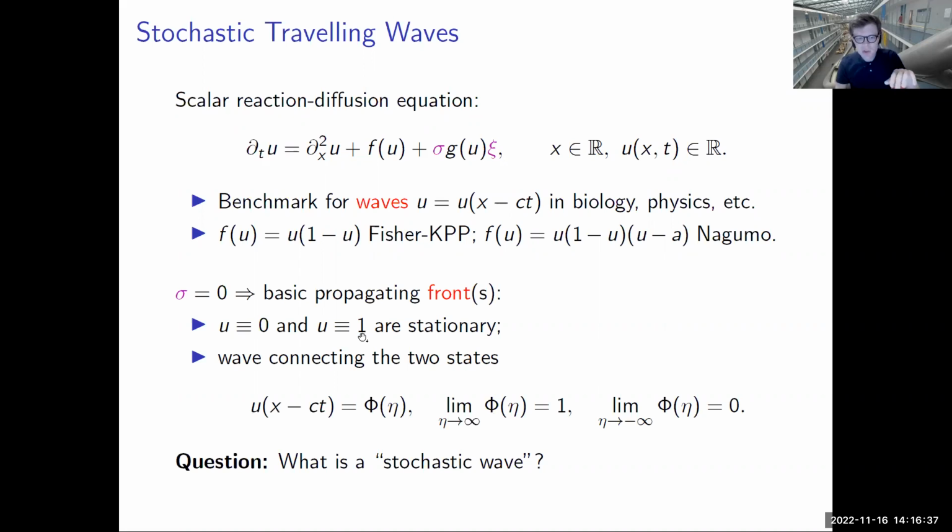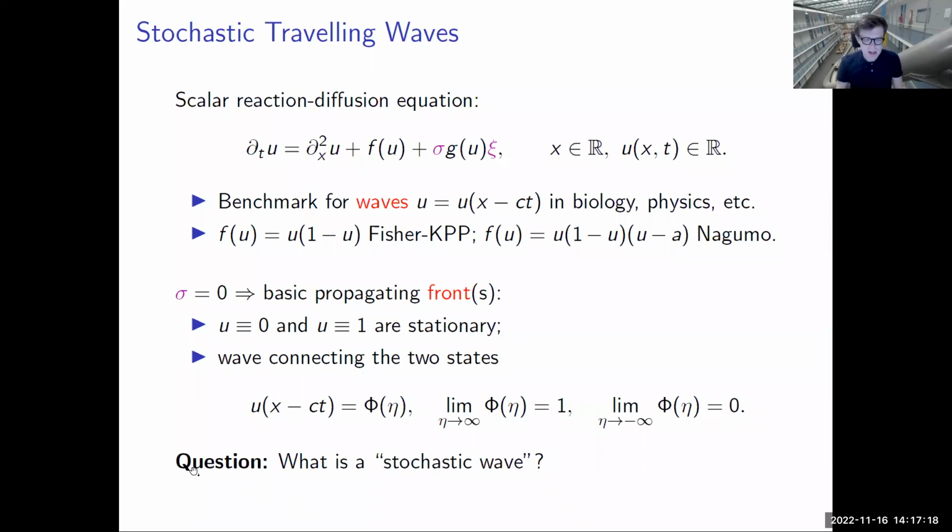So they are wave solutions that connect between the two stationary states for Fisher and for Nagumo, two of them being located at 0 and 1. And you can show that they're indeed fronts, which means that there's a profile, and this profile, as the traveling wave variable eta, which I define as x minus ct, tends to plus and minus infinity, goes to the relative end states of the front. So it goes on one side to 1, on the other side to 0. So these are classical traveling wave solutions that just get shifted in time by these deterministic equations. And I guess most math biology courses and textbooks have this, so let me not dwell on this too much.